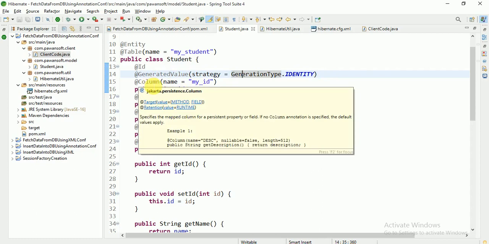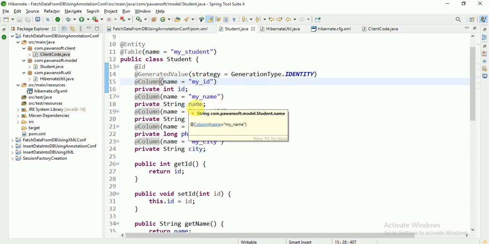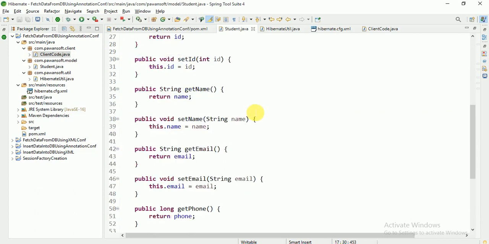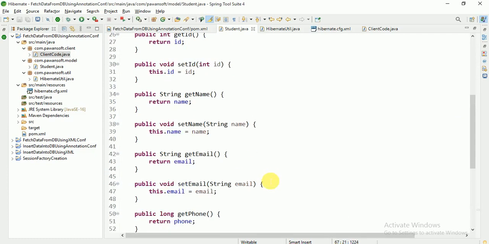If you want to provide the column name explicitly, you use @Column. If the column name should be the same as the property name, you don't need to use the column annotation. Otherwise, use the column annotation and give whatever name you want. And to print the content of the object, override the toString method.